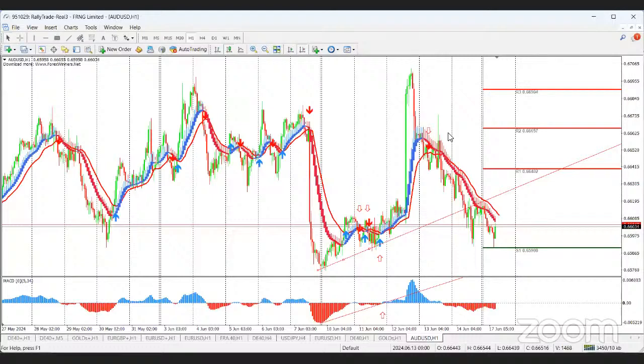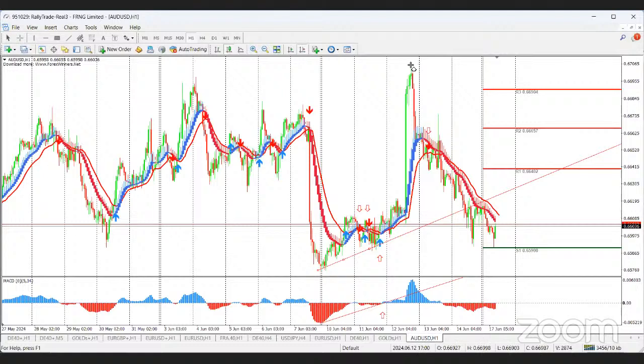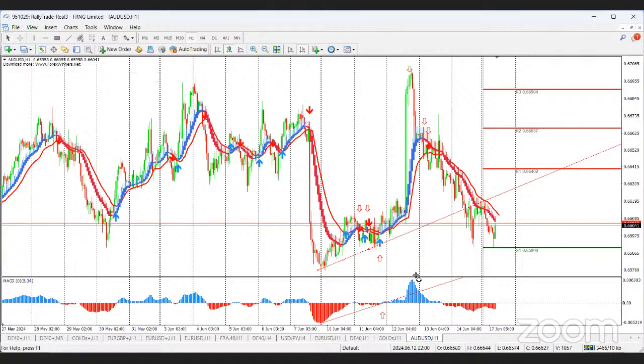So there's an arrow here that says that price may go down, right? And now the price is doing lower highs, right? So we can see that the price is doing arrow down. Okay, this is a high, and this is another high. That means the price is doing a lower high. And let's look at the indicator shift also. The indicator shift is also showing us that the MACD is doing a lower high.